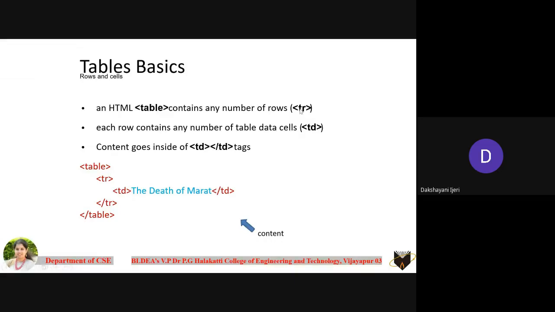For example, even if the first row is a heading, it has to begin with the tr element. Every element has a closing element as well. So the first row begins with the tr, and once all the entries of the first row have been done, it has to end with the closing tr.